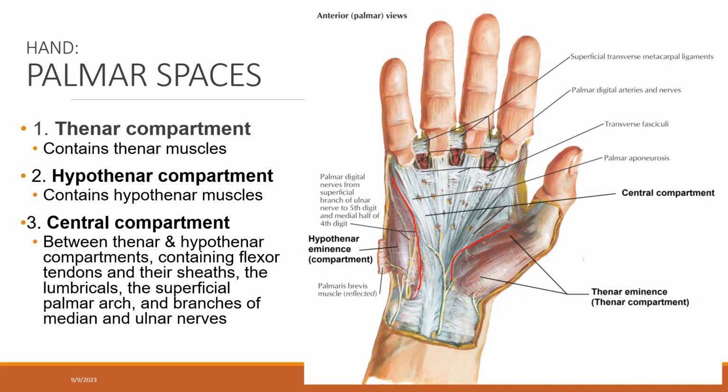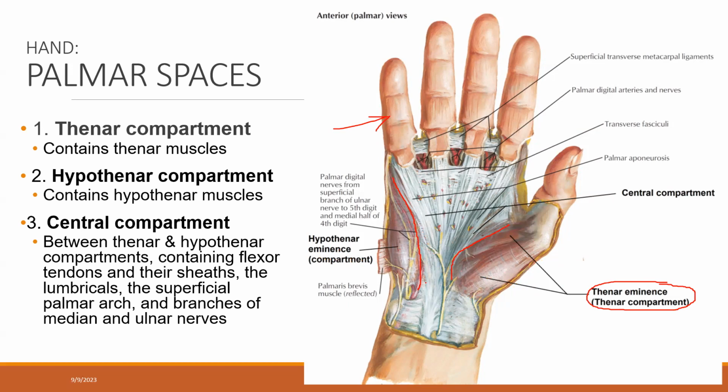And it divides the palmar surface of the hand into three compartments that you can right away see when you take off the skin of the hand, okay? There is the thenar compartment, which is the compartment that contains most of the muscles for the thumb, right? And then you have the hypothenar compartment right here that contains the muscles that are going to control the little finger right here, okay? And in between them, there is a